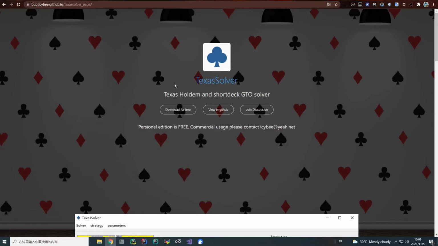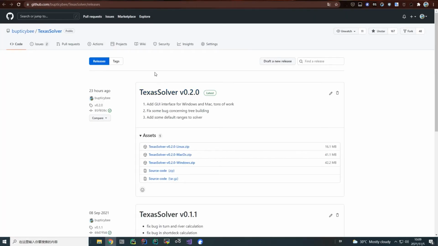Hello everyone, this is ICB, and after a few months of work, it's finally here, the open source version of a GTO post-flop solver for Texas Hold'em, and you can download it from the link I will put in the video description. If you click the download button, you're going to a page where you can download